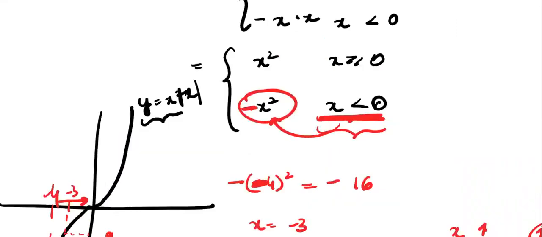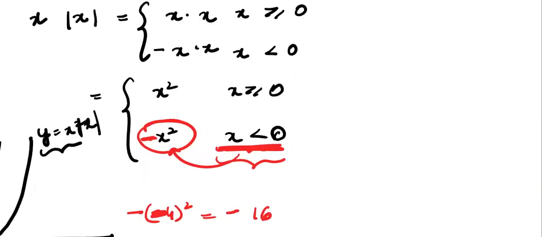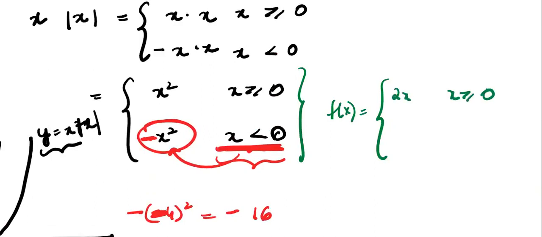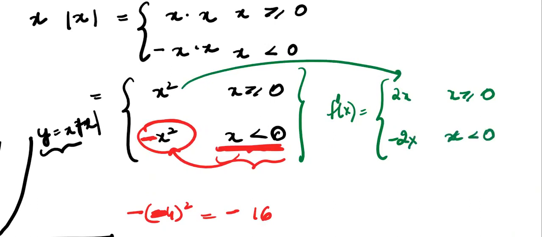You can check this with the derivative also if you want. What is your function? F dash x, sorry, is 2x when x is greater than 0 and minus 2x when x is less than 0. But when x is less than 0, please notice, instead of x, you will put minus 1, minus 2, minus 3, minus 4, anything. Only when x is less than 0, you have minus of 2x.